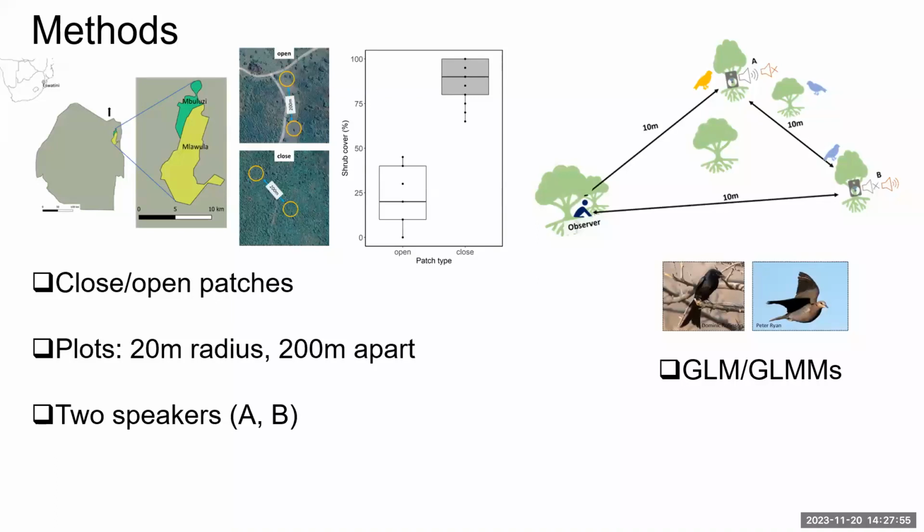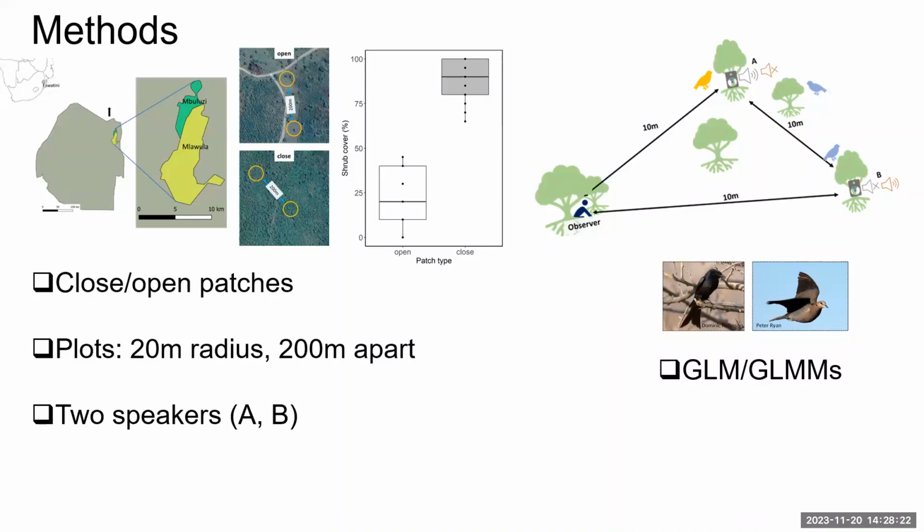And after that, to start a callback trial or a playback trial, we set two speakers. So in this toy figure here, speaker A and speaker B were separated by 10-meter distance. And one observer hid about 10 meters from the speakers